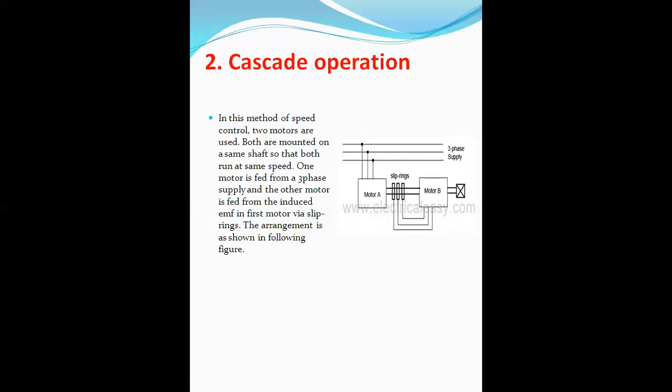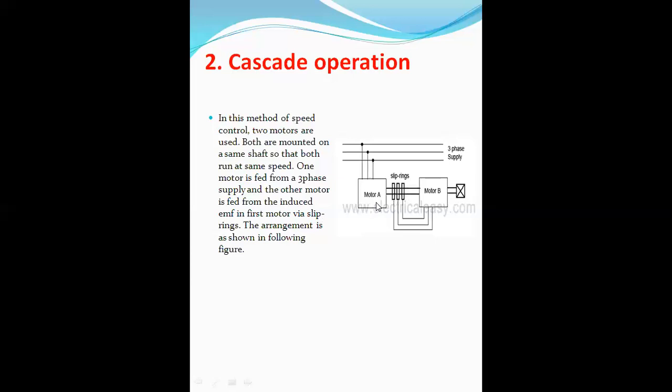So motor A is fed from the three-phase supply. It is clearly seen in this picture. And another motor is fed from the induced EMF in the first motor via slip rings. These are the slip rings, and motor B is fed from the induced EMF in motor